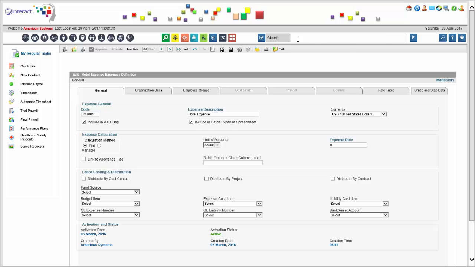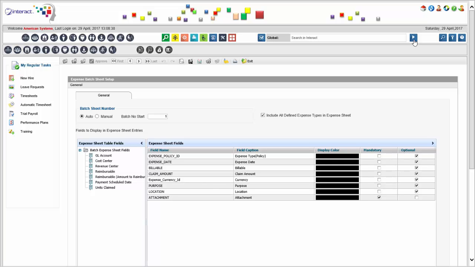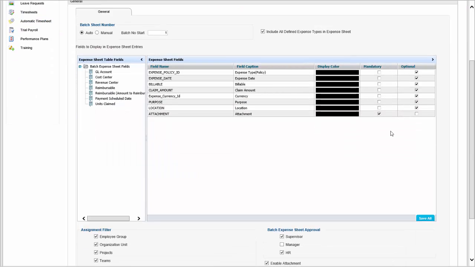Now, we have the ability to set up a batch expense sheet, which is what you're going to be using when you submit your claims. And for that purpose, you're going to be able to define a format. So everything always depends on the nature of your business, whether certain information is important for you to know about